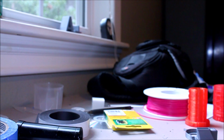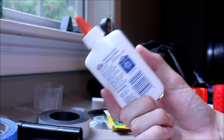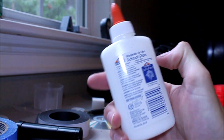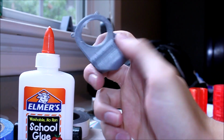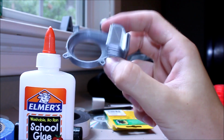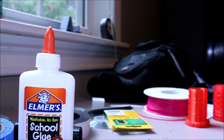So I want to do a quick comparison here to show you what it looks like with and without the filming light on. So with it, I've got my Elmer's school glue. You can see everything, to me, looks very nice. It's all nice and white, even, but you can see kind of a glare from the light on the glue, but that's because it's shiny. So I'll get this printed part here. It also has a little bit of a shine to it, but everything looks nice and illuminated, and it looks professional to me. Now without the light,